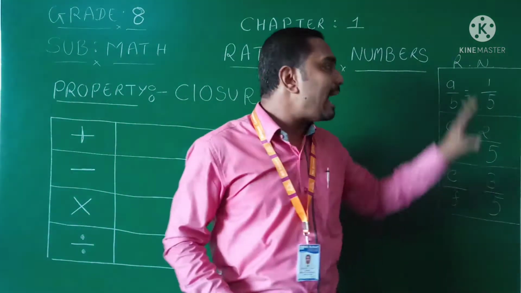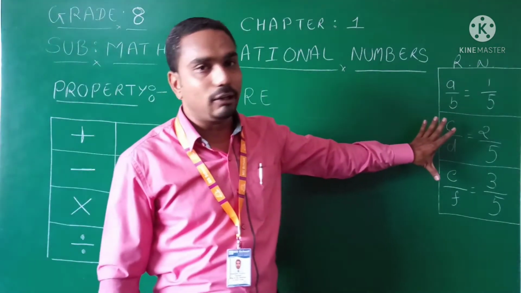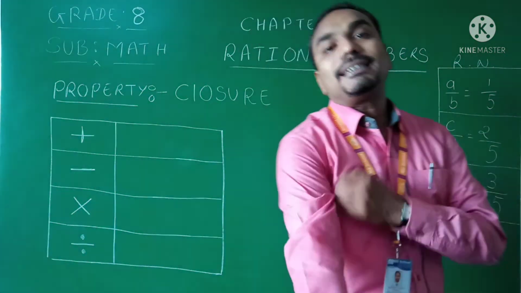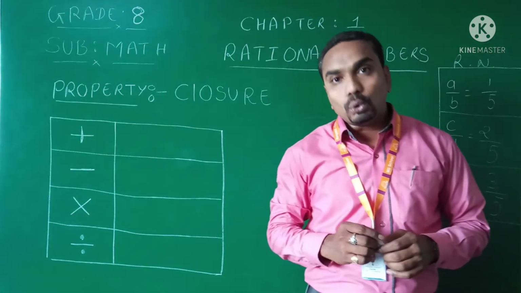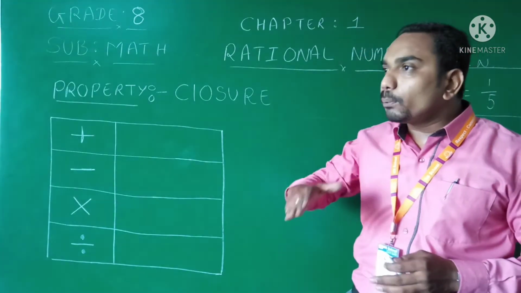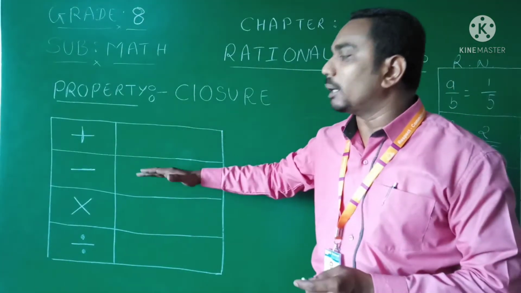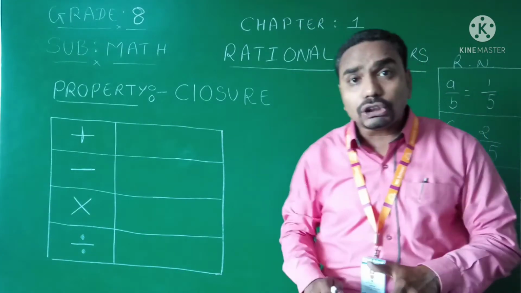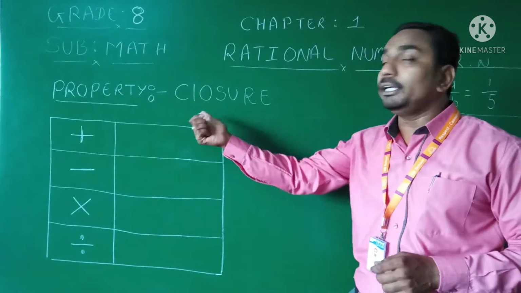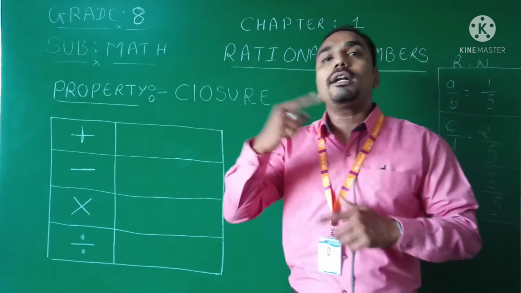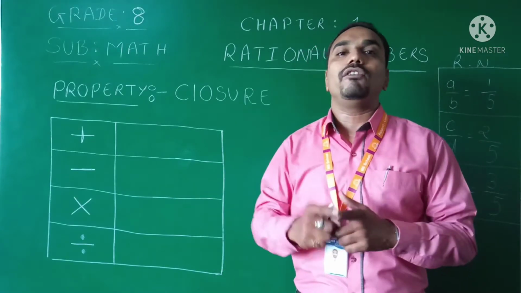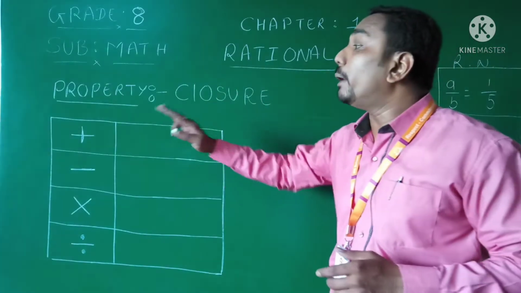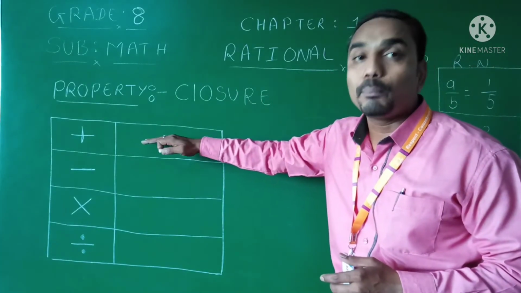For a better understanding, I am taking this number for understanding only. So now, what is the meaning of a closure property? If I say, let's take two rational numbers, and we will do the process of addition, subtraction, multiplication and division. If we are getting a rational number, then the number is said to be a closure. If we are not getting a rational number, then it is not a closure for the rational number for that particular process only.